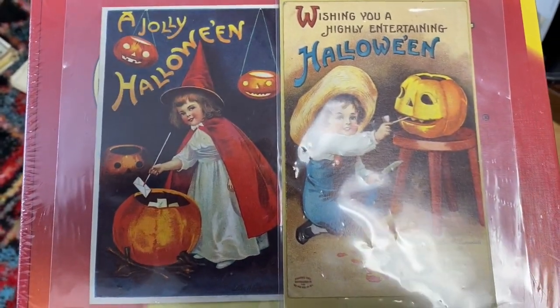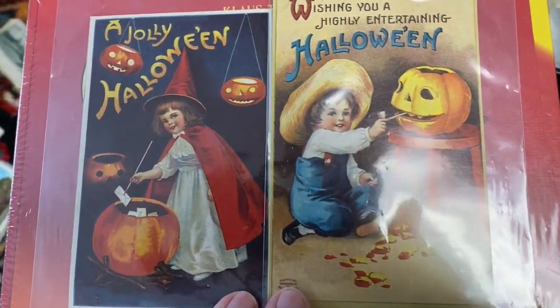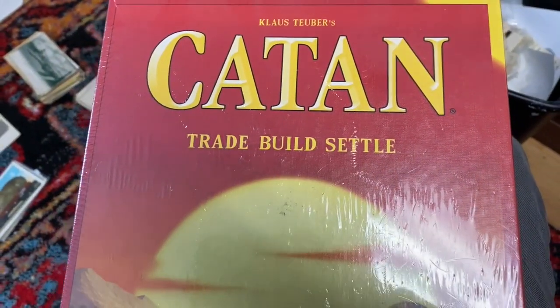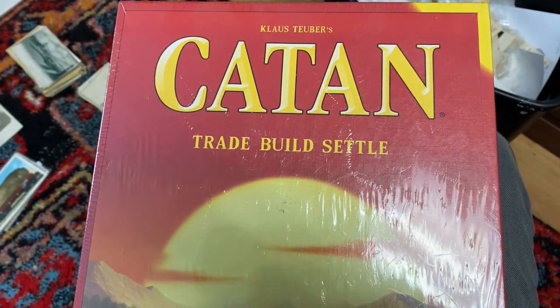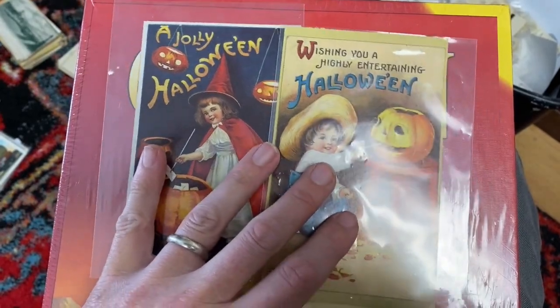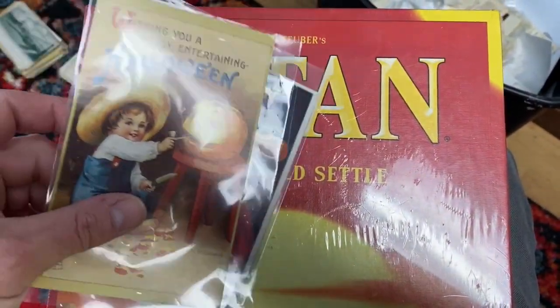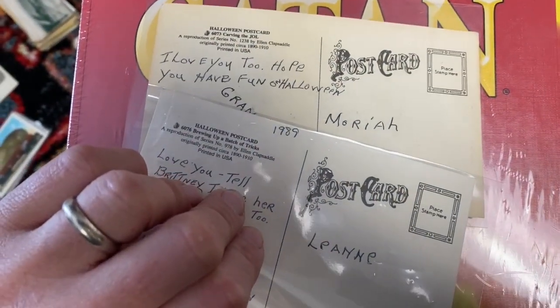Which is more valuable? Would it be a lot of 2 Halloween postcards by artist Ellen Clapsaddle, or a brand new sealed copy of Klaus Teuber's Settlers of Catan? What do you think? Well, folks, believe it or not, 2 original, if they are original, I kind of tricked you, these are